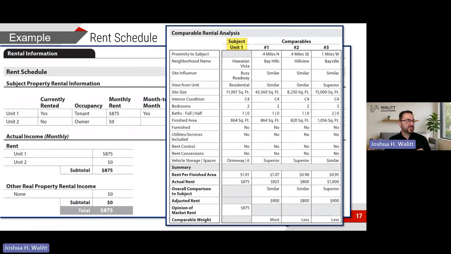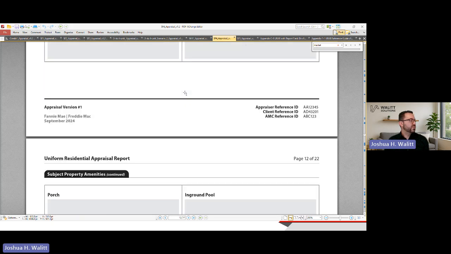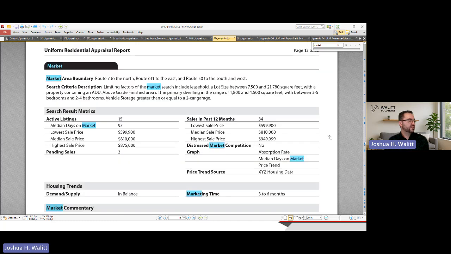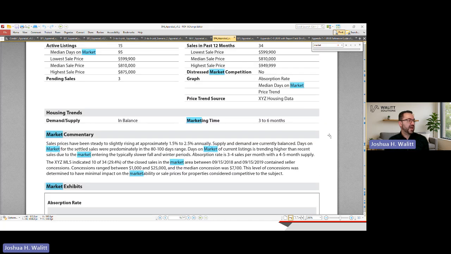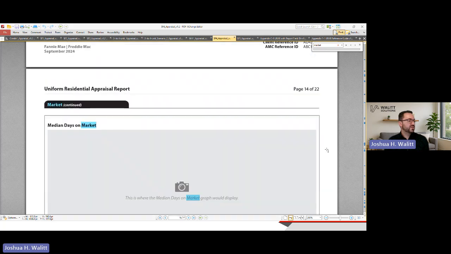That's the income approach. Actually, you know what? Let me just open up this report and go to the sales comparison approach. Here's the market section that I was just referring to. Remember, we looked at that in session 1, so that replaces any sort of MC type item.